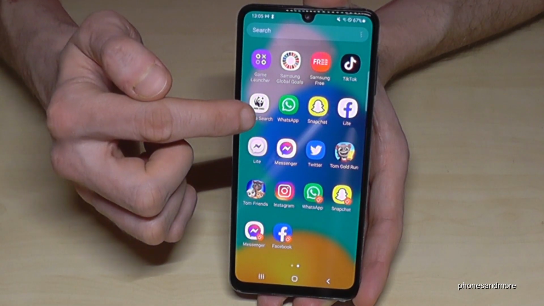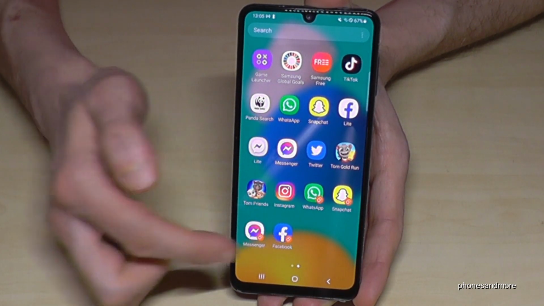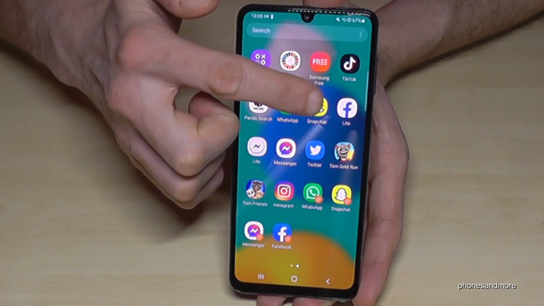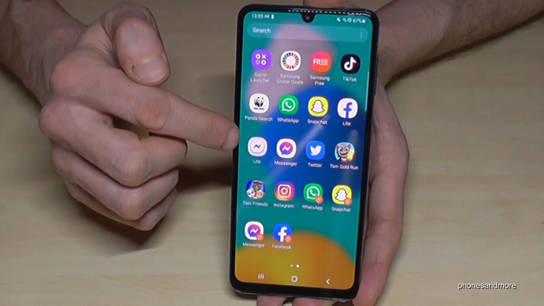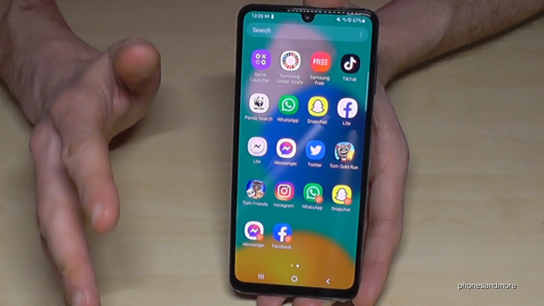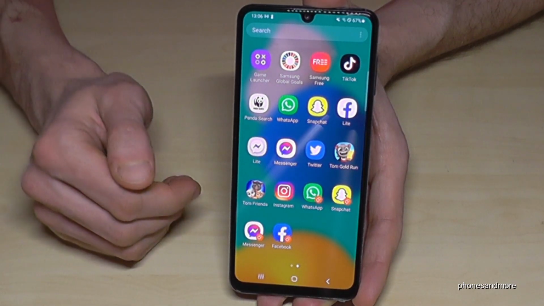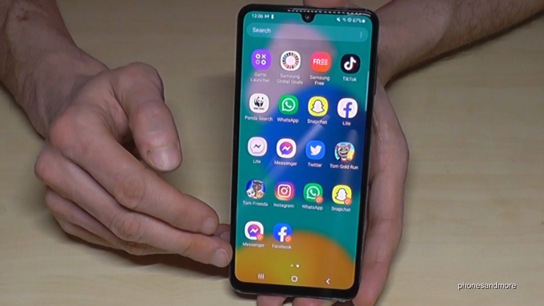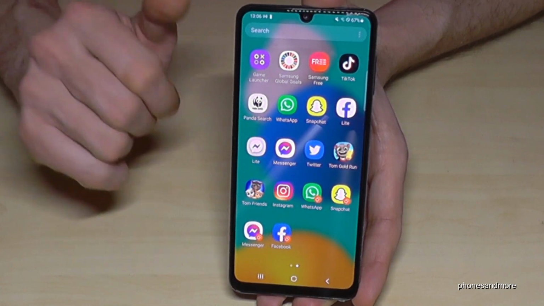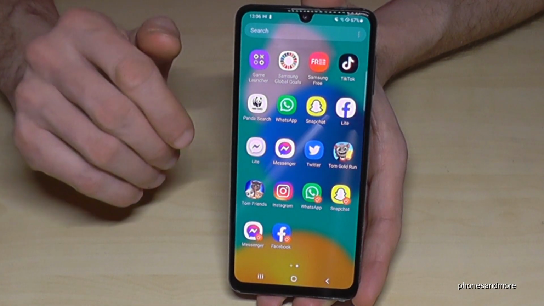Same with Facebook. Facebook here is the main app, I think, and so on. Yes, you can see I also have Facebook Lite and Messenger Lite here, but these apps don't work. Same also with Instagram. Some other phones can do that, Samsung cannot. But I think WhatsApp is the most important one to clone,